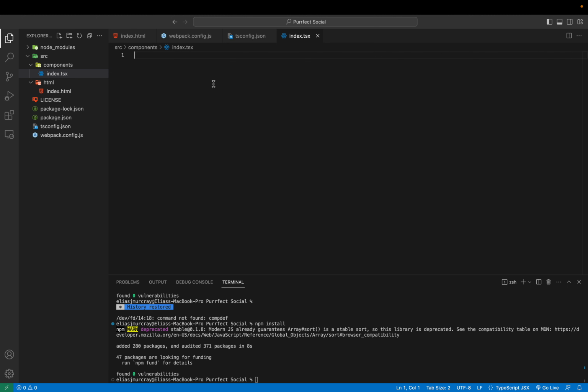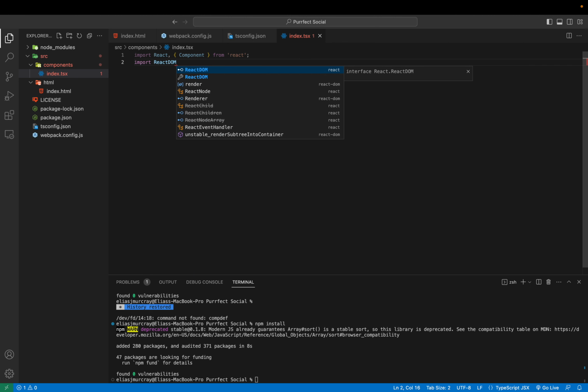So, let's see here. How do we want to do this? We can do import React, Component from React. The only reason we import this as well as the component is because if we don't, it doesn't allow us to type the syntax correctly. So if we import React DOM, actually we don't need to import that because there's no special syntax related to that, so we can just import createRoot